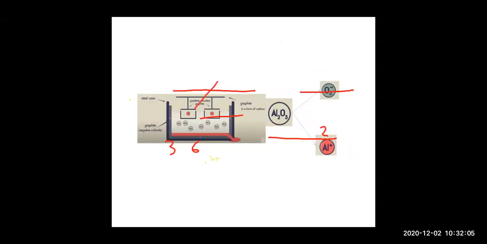Now what happens, children? Here, let me tell you about the setup. Here, this is the steel case. Outside is a steel case. Now, inside the steel case, you have the cathode, children, the negative terminal. See, inside the steel case, the gray color is your cathode. Right, beta? The cathode, the negative terminal, is here. So where is the positive terminal? This is your positive terminal. Now the positive terminal is made up of graphite. Graphite, we know, is a form of carbon. Right children, this much clear?